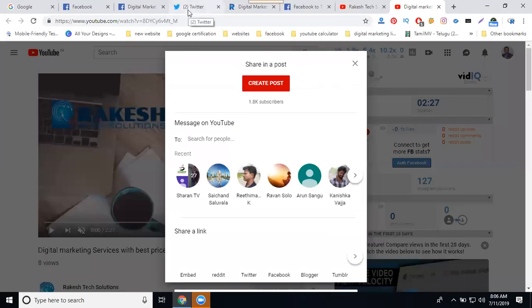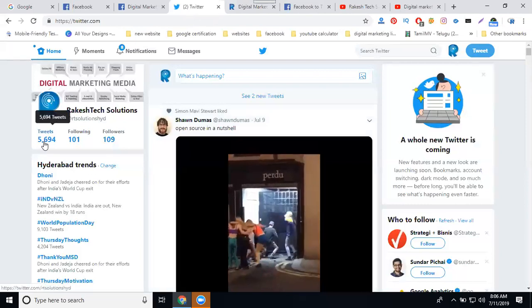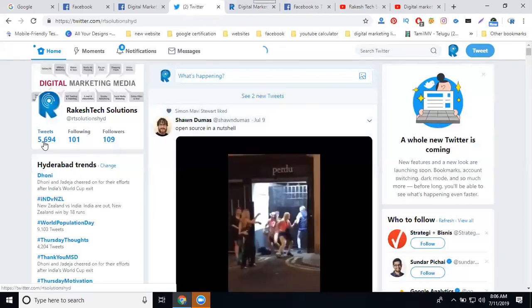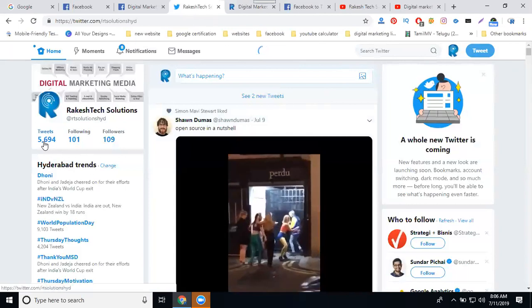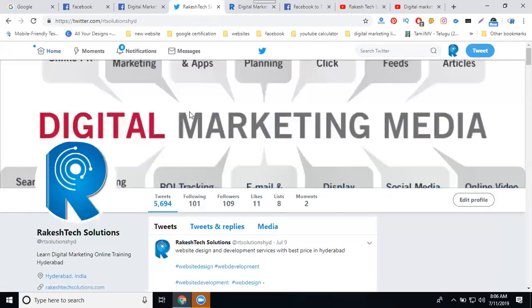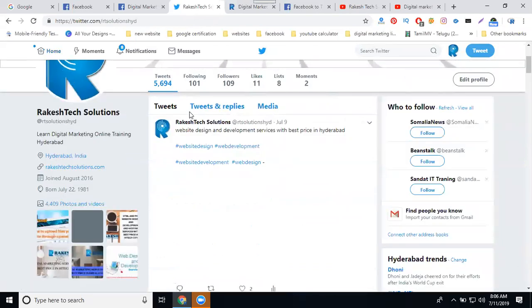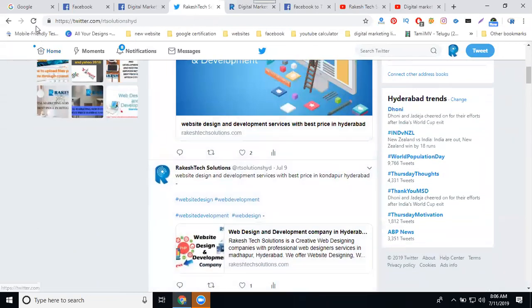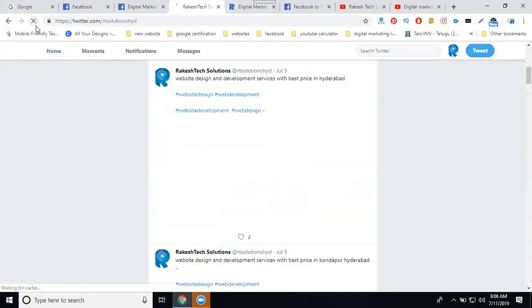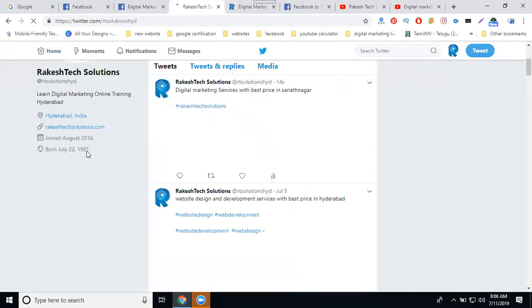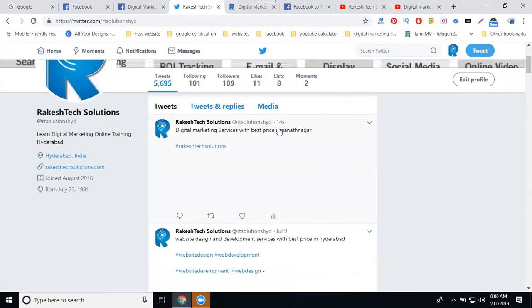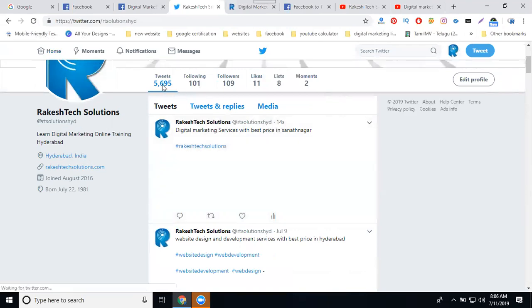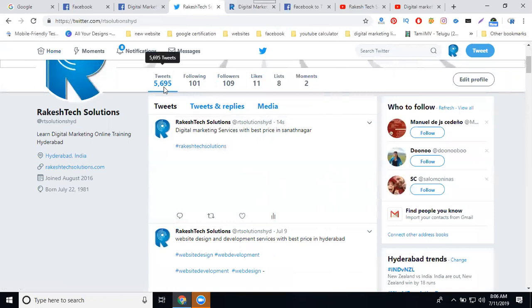Now I'm not checking Facebook, I'm checking Twitter. How many posts? 5694. Go into tweets. So they will be posted in your posts option here. See this, it is posting within 14 seconds. 5694, I will go to 5695.